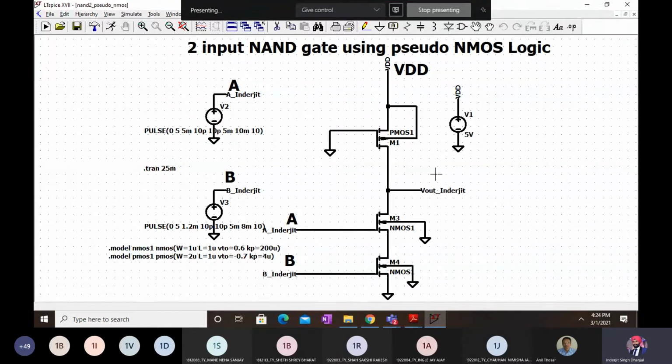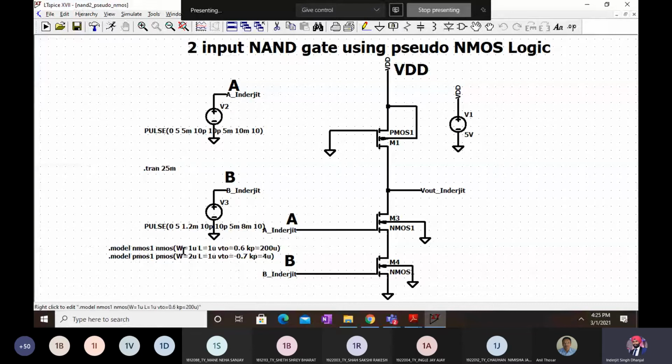Okay, so this is the circuit which I built. As you can see, the PMOS pull-up has its gate grounded and the substrate terminal connected to VDD. And these are the 2 NMOS transistors whose body terminals are individually connected to ground. The NMOS transistor with input B has no body effect, but the NMOS transistor with input A will have a body effect because its source and body terminal are not at the same potential.